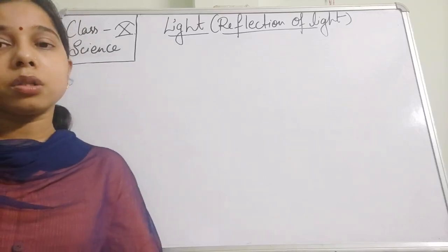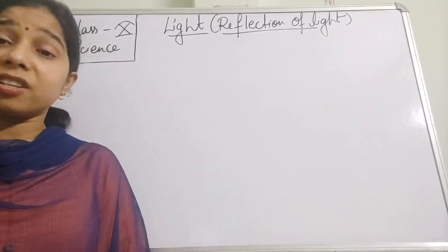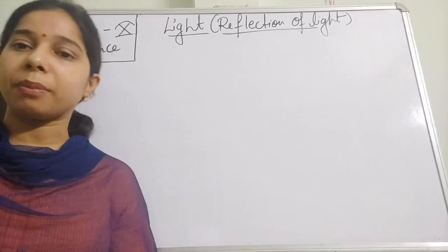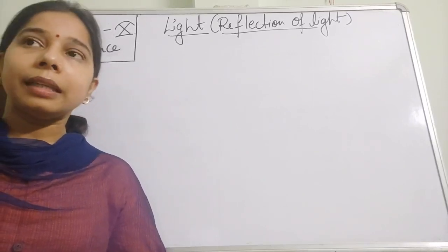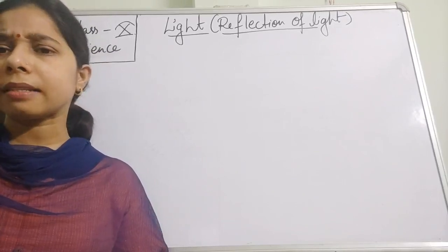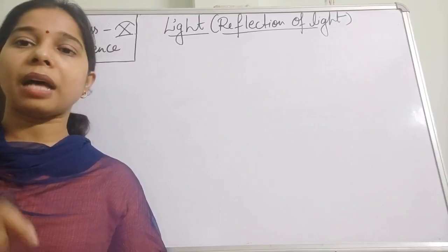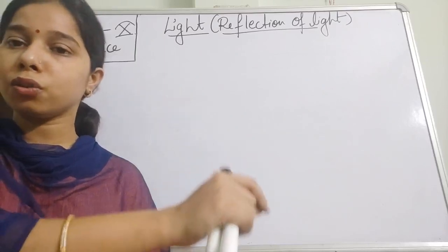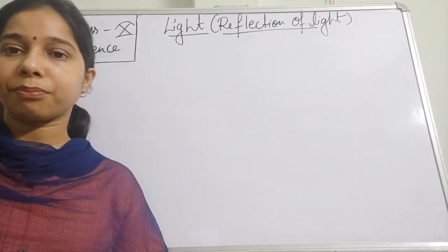Then we have also seen the aperture. What is the aperture? The aperture is the total reflecting surface of the mirror. Okay. So these are a few things, and one more thing, the principal axis. What is the principal axis? It is a straight line which passes through the center of curvature to the pole of the mirror. That is called the principal axis.